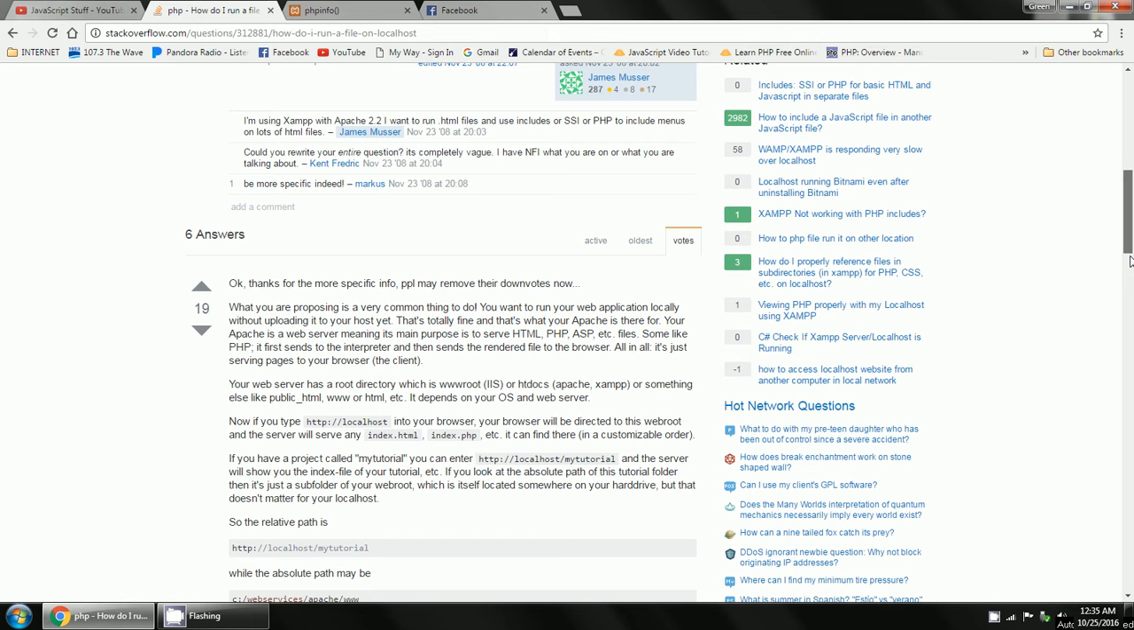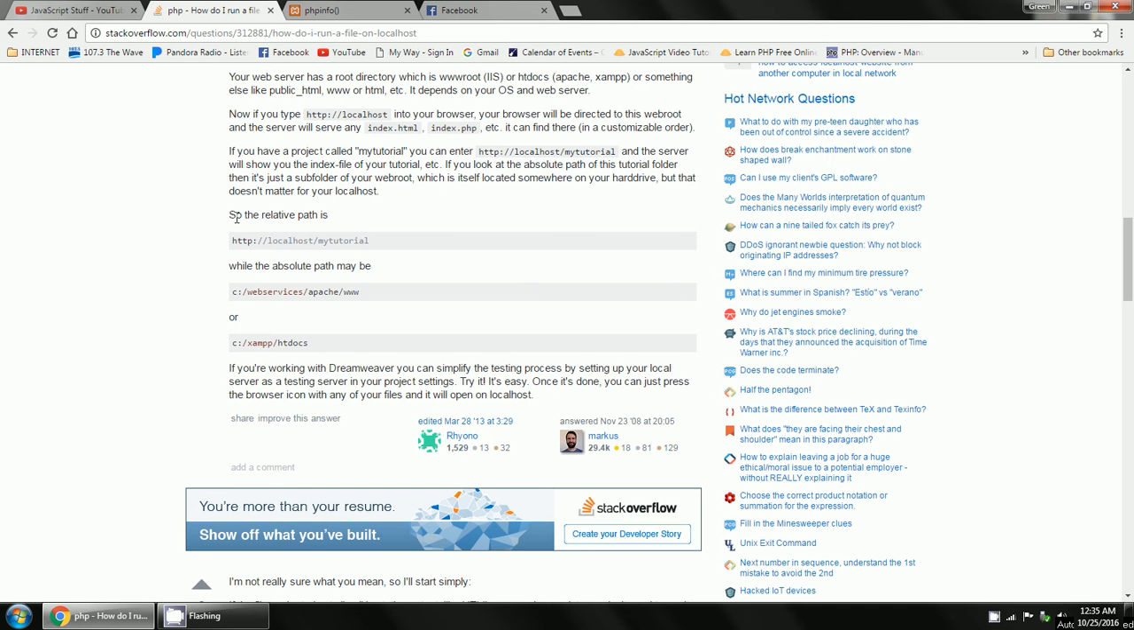And I went down here and it shows relative paths being http://localhost and then whatever file you're looking for. Absolute path, I didn't test that one. I think I did try it, the C drive, and for some reason that wasn't doing it for me. It also shows a couple of other things I could try. I don't know about that web services Apache's because I'm using xampp, so it would be C drive, xampp, htdocs,